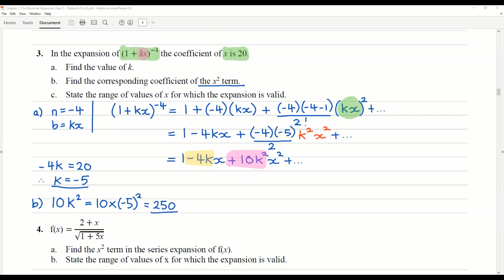There we go. So we've got our coefficient of x squared. And finally, just as a bonus mark, I'll do this over here. We just need to find our range of validity. Okay, so we know k is negative 5 now. So the range of validity